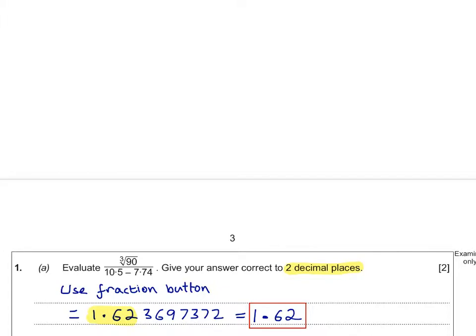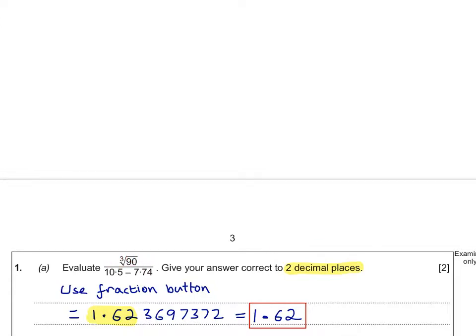Use the fraction button. Okay? So the fraction button on your calculator, you press that. Okay, you press that first, almost like you're saying we're going to be doing fractions. Okay? So on your calculator, you press that button. Okay? And then you type into the top